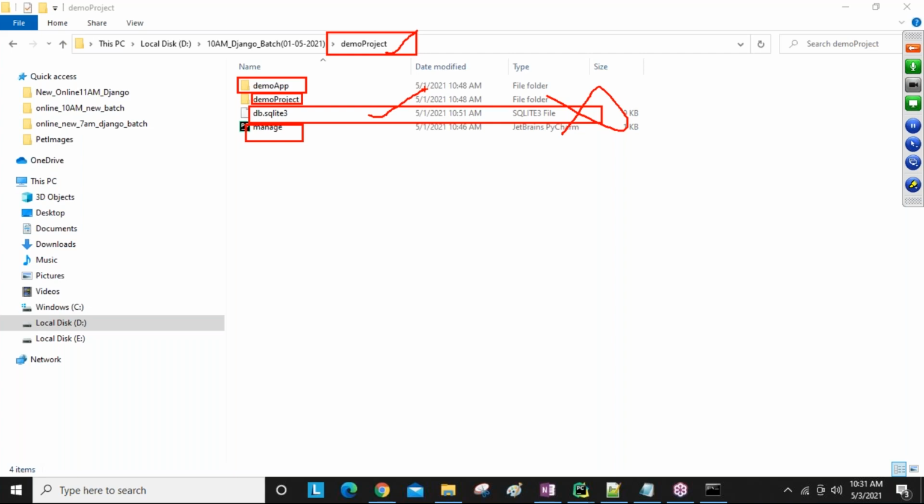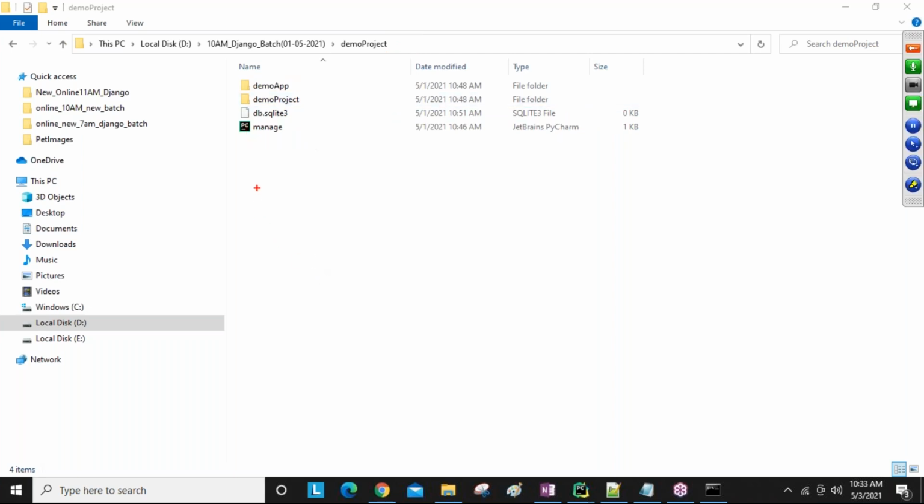Okay, next, after installing Django, what file comes, guys? The django-admin file comes. After installing Django, we are getting the django-admin file. And where is this available?